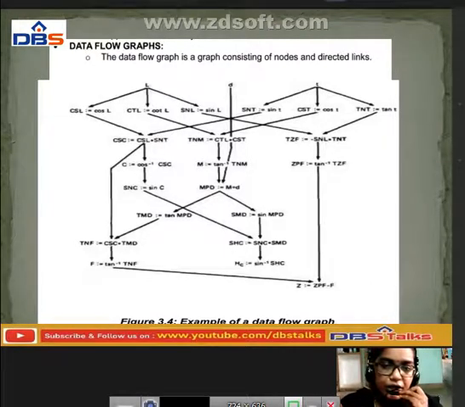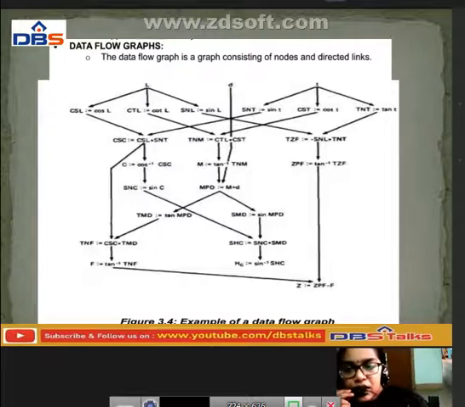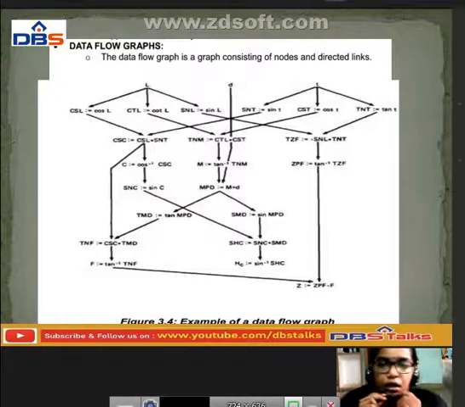In that CSL, it is going to perform some logical operation, and from CSL to CTL, it is going to perform another operation, and CTL to SNL, it is going to perform the sin L operation. In this particular node, it is directly performing the TNM operation, that is CTL into CST.